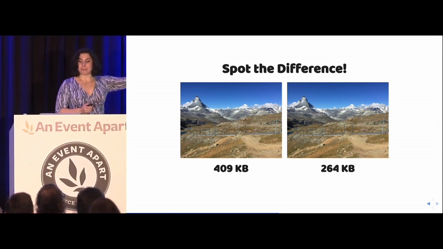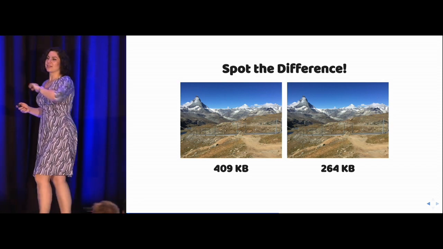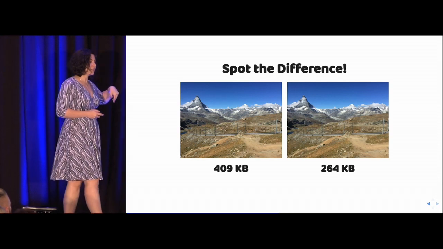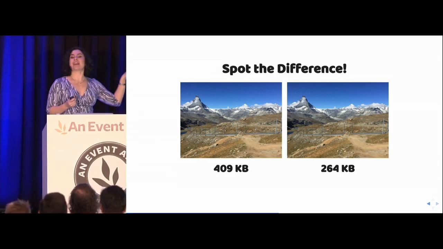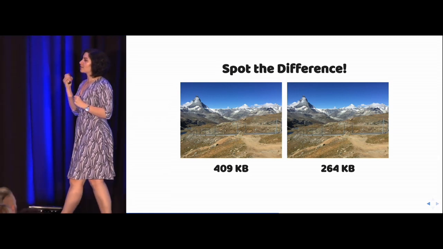So in the smaller one, in the 264 kilobyte image, that bottom part is blurred out slightly compared to the other one, which is in more sharp focus. It makes a really big impact there. If you blur out unimportant parts of your images, you can reduce your file size greatly, and that's because if